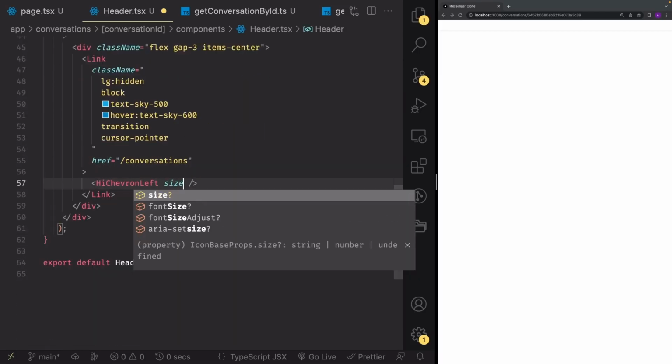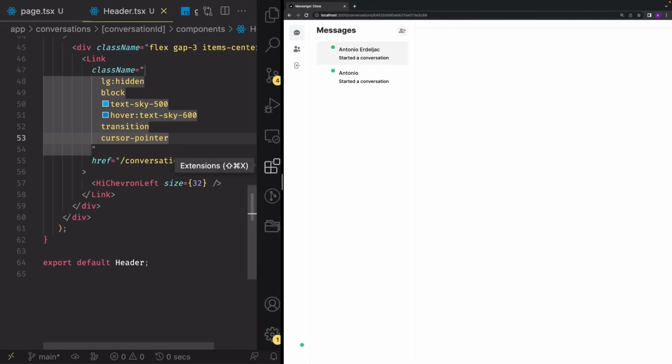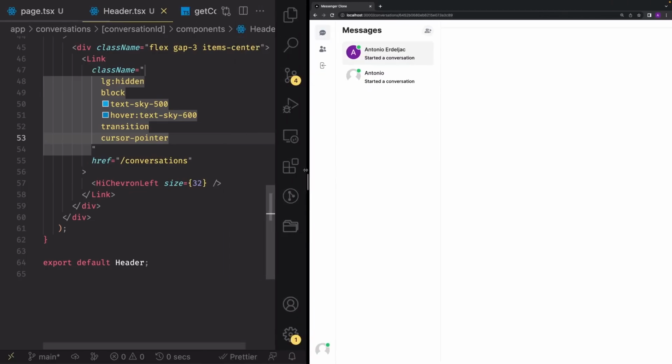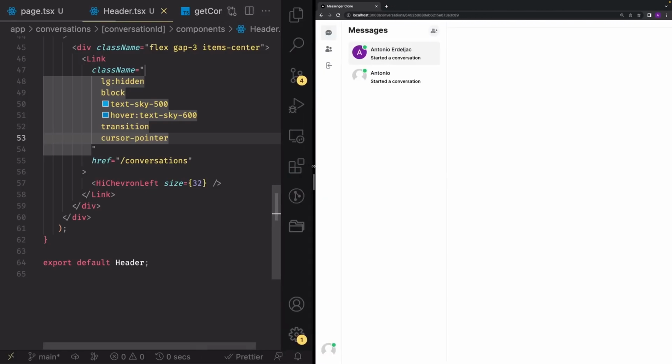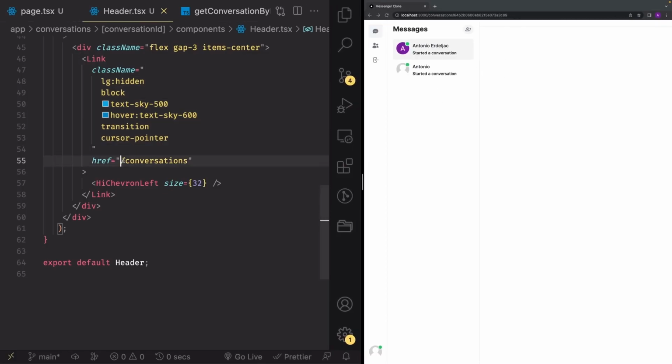Great. And I'm just going to give it a size of 32 like that. And now you can see I have this big icon on mobile screens, which serves as the back icon. But if I expand a lot, you can see that there's no need for that. So we'll only use that on mobile devices where we do not show the sidebar. Great. So for now, you can actually move your screen back to desktop view, because now we're going to develop